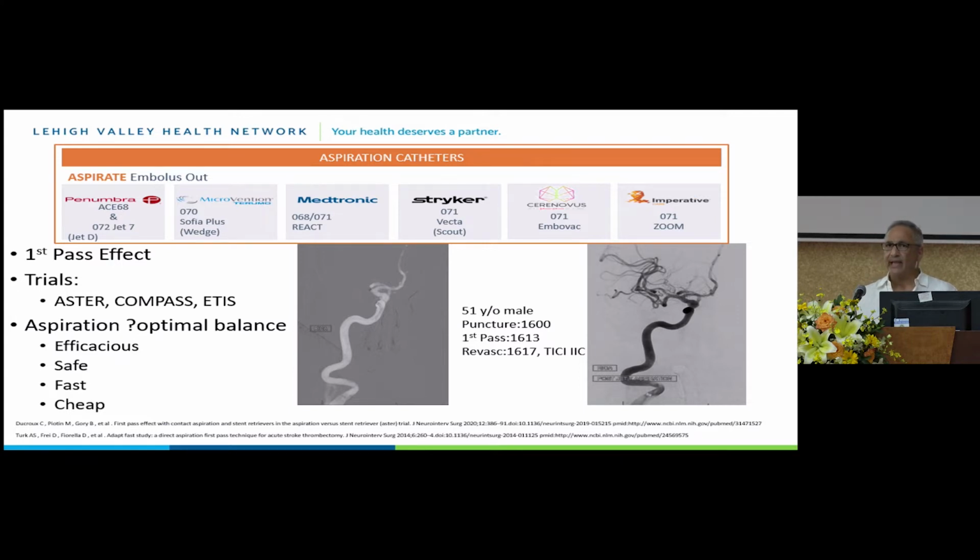So given that when we look at aspiration, we know that it works, that it's safe, that it's fast, and that it's cheap, many have reasonably questioned whether aspiration represents the optimal balance in terms of achieving our goals of ideally getting a first pass effect. And so companies crashed the Penumbra aspiration party and started a migration to the development of larger, large bore aspiration catheters. And, you know, we saw some big changes in the field, you know, with